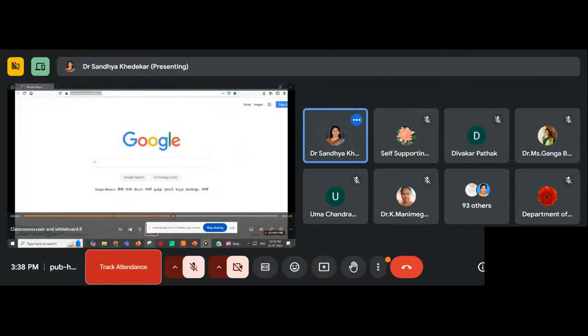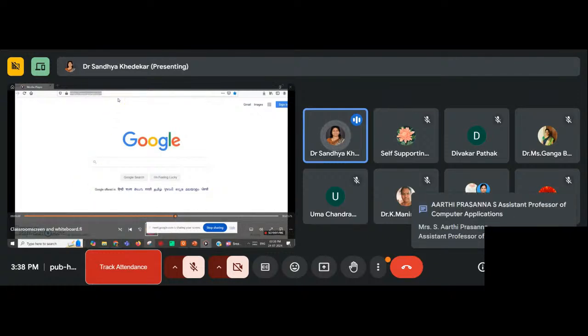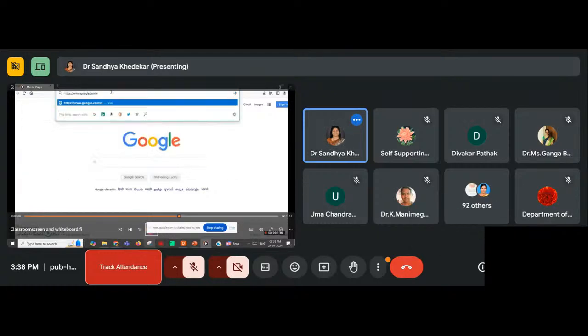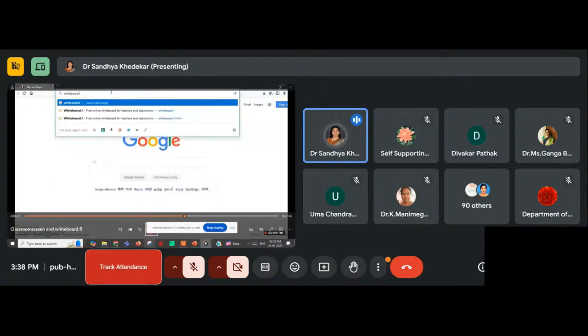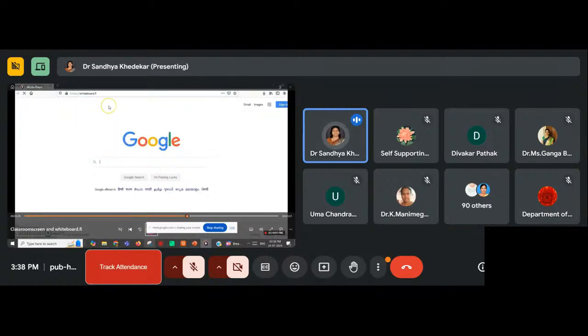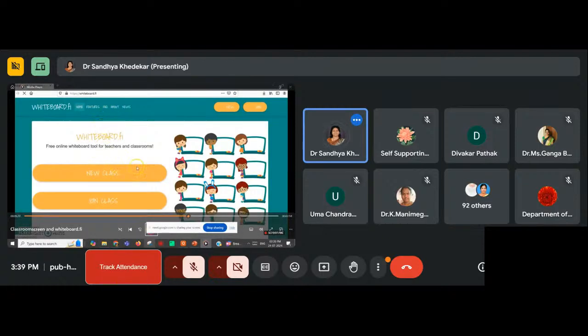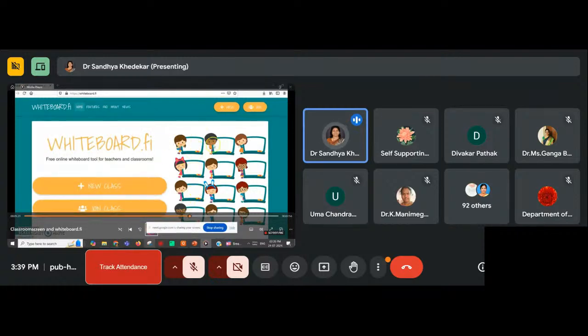Then I will be showing you one more technology tool, that is whiteboard.fi. Just go on Google and type whiteboard.fi and visit the page of this website, and here you can see the options new and join.